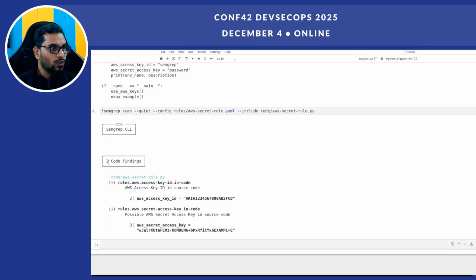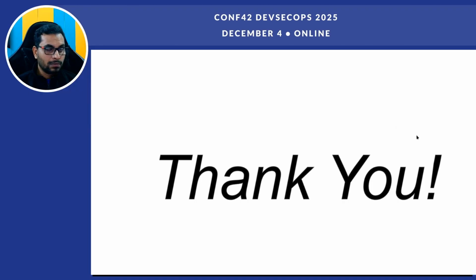Cool. It found 2 issues. The first one is finding the access key ID, and the second one finds the secret key. That brings us to the end of our demo. I hope you got an idea about what Semgrep is and how Semgrep can be used, and I would urge you to